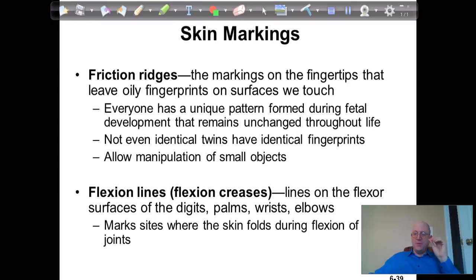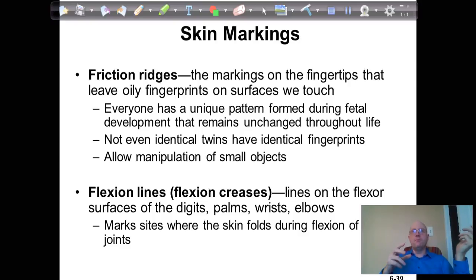So if you didn't have those little grippies there, it'd be pretty difficult to, say, even pick up a pin or a small sequin or whatever it is that you're trying to pick up without that extra surface area on your fingertips. Now when you flip over to take a look at the other side of your hand or any other part of the body, you'll have flexion lines. Lines on the flexor surfaces of the digits, palms, wrists, and elbows. Right? So all those little folds that you see,